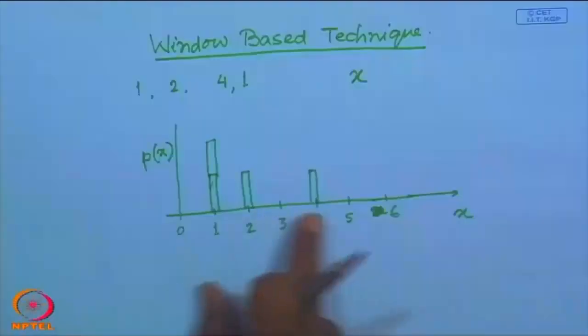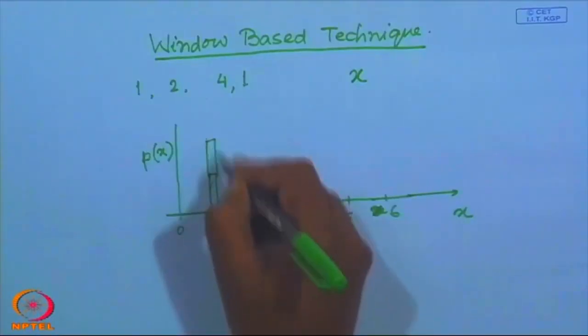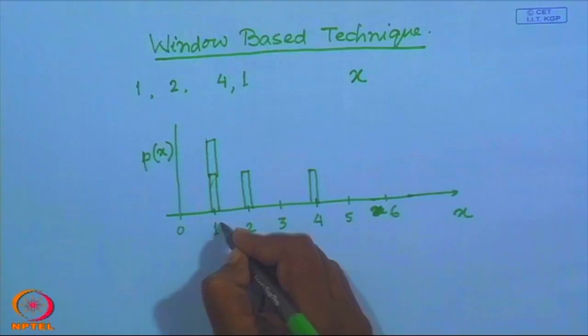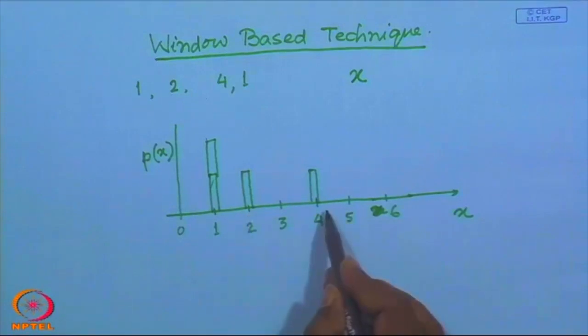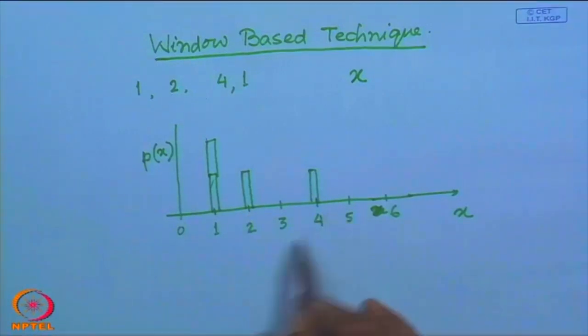So I have a situation something like this: the area of the delta function at x equal to 1 has to be double the area of the delta function at location x equal to 2 or at location x equal to 4. Total area has to be equal to 1. Now, if I have this sort of situation,